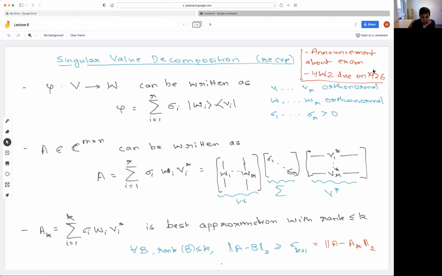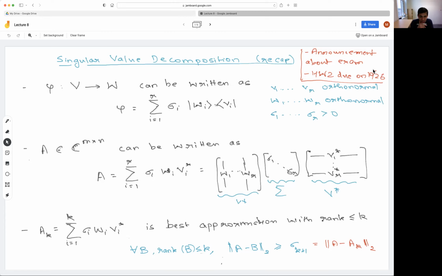Okay. Getting back to singular value decompositions. Let me recap what we did last time. Today we'll continue with this theme of applications of linear algebra. We'll see a few more, and then we'll continue this in the next lecture. And after the exam, we'll start with the second half of the course, which is related to probability. A recap of what we talked about last time.